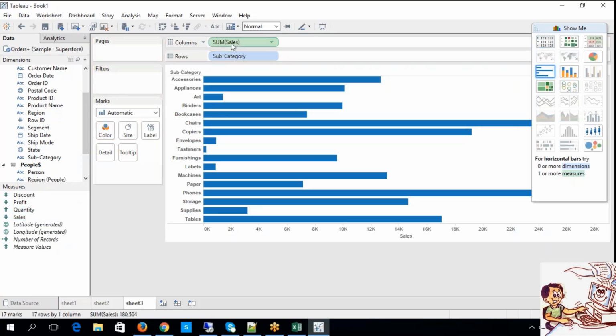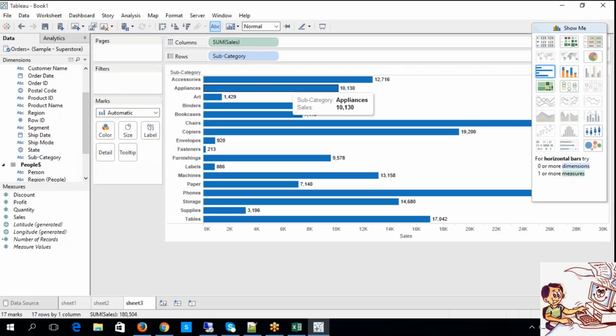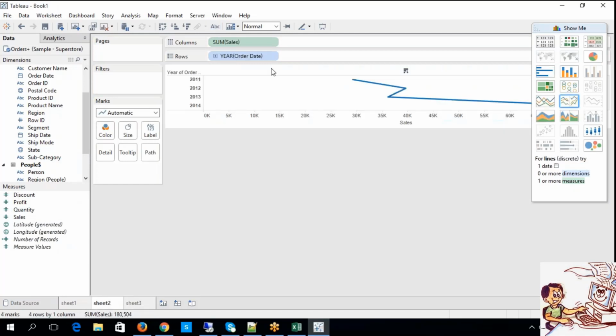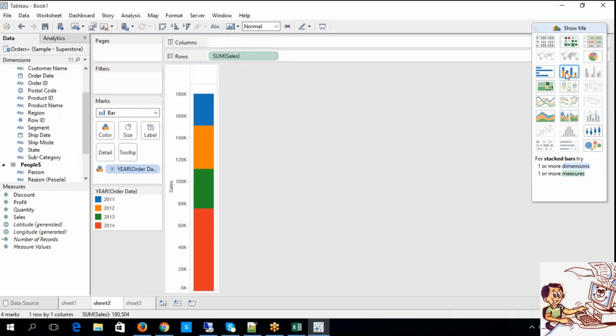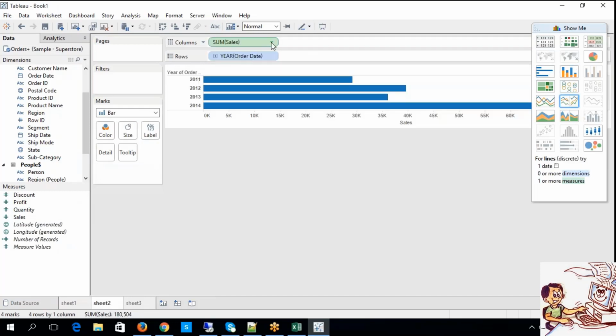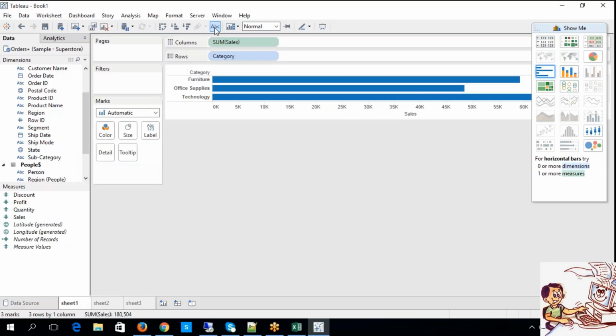Fine. Let me represent the data here. Okay, I have the data. Now let's say I would like to have it in this way. Here it is. Let me show the values also.